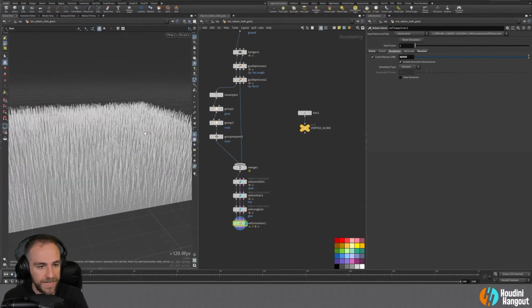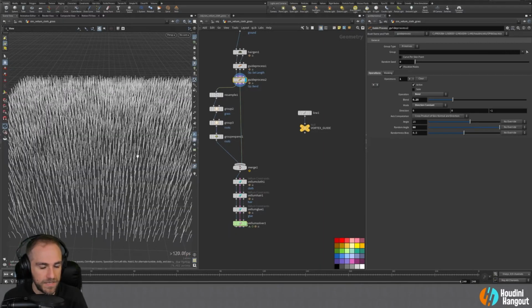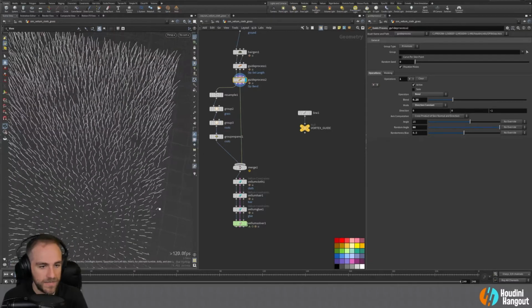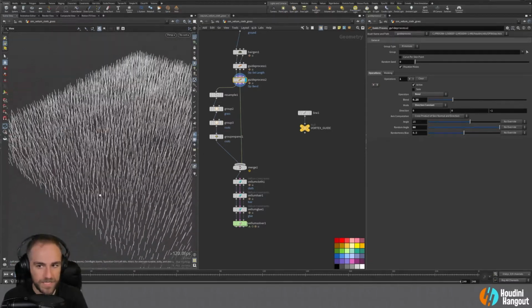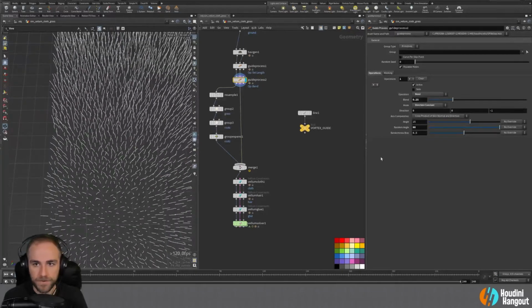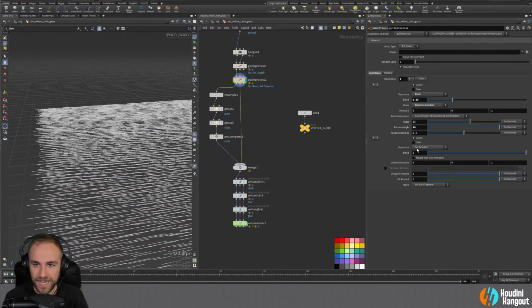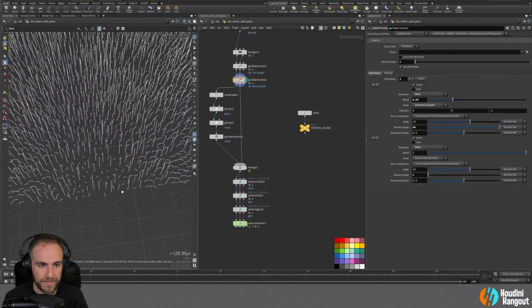All right, so we've got all these hairs here. Oh, those are supposed to be bent, aren't they? What's going on here? Oh, I see. They're only bending in that one direction. Okay, so let's just do two bends then. That's funny. So we'll say bend, and in this case,